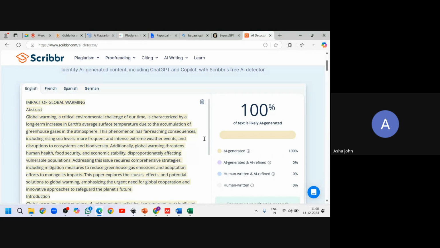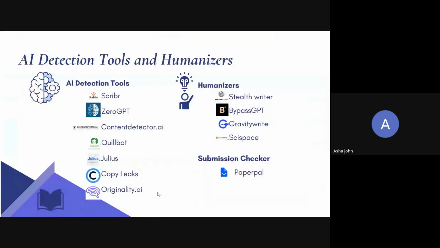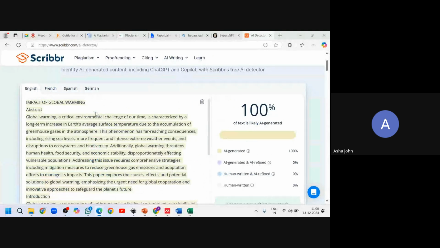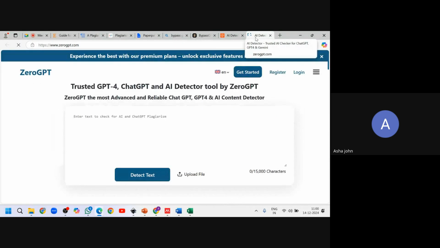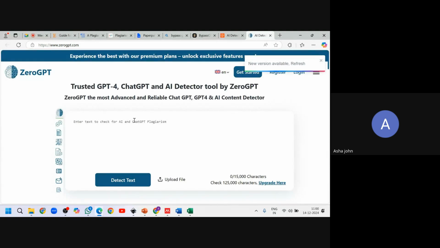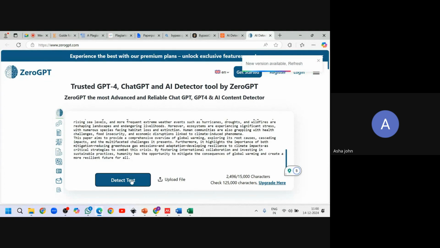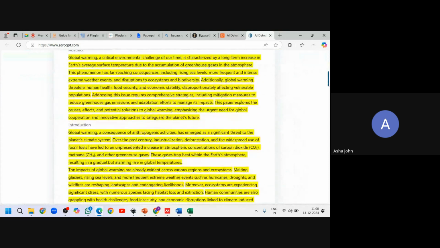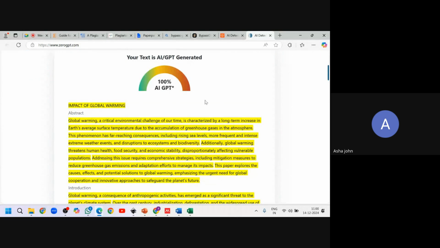No? The next is Zero GPT, detect text. 100% AI created.